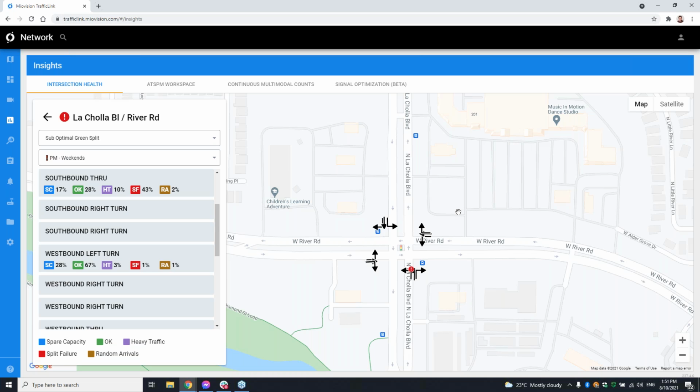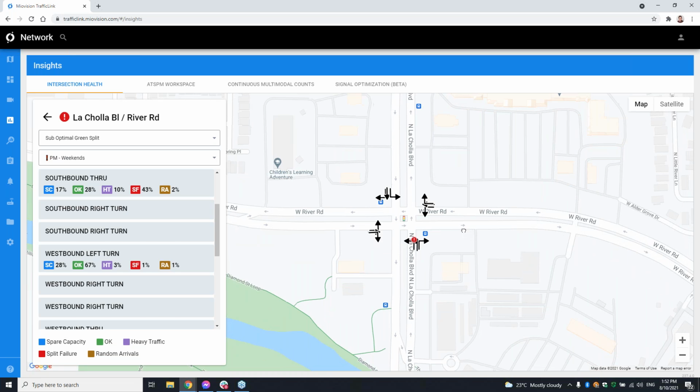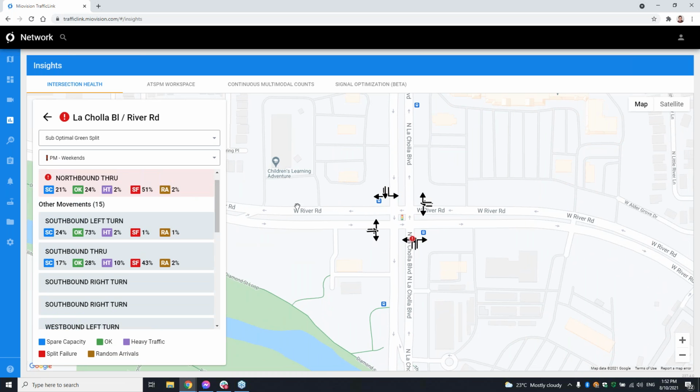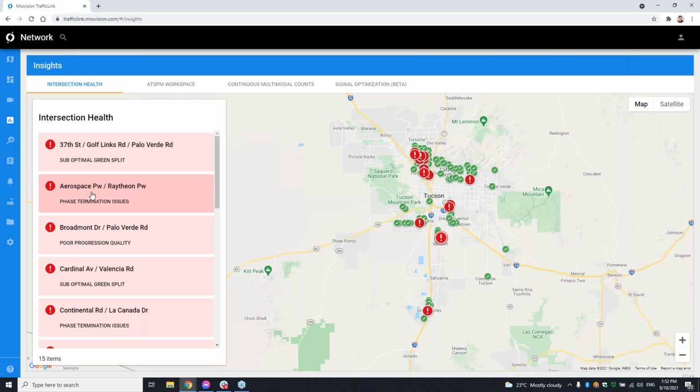And so we're just highlighting the data to you, and then from your knowledge of the area and the intersections, you can drill down and figure out what is the right option for this particular issue, if there is any action to take. So this doesn't necessarily mean you have to acknowledge this task or actually go out and make a change. It's an opportunity to make an improvement if it makes sense to do so.